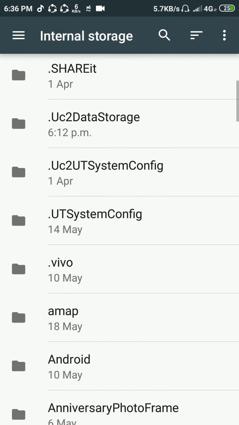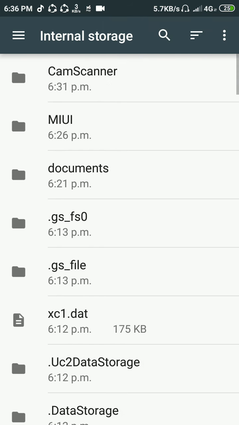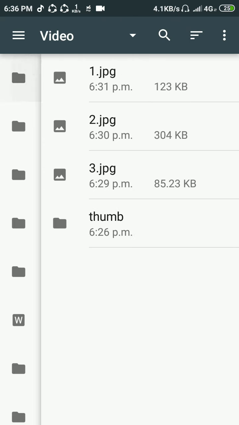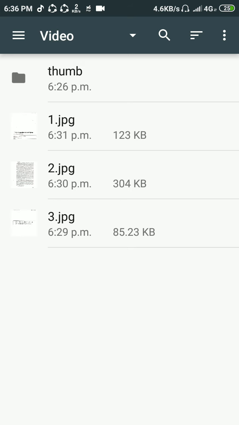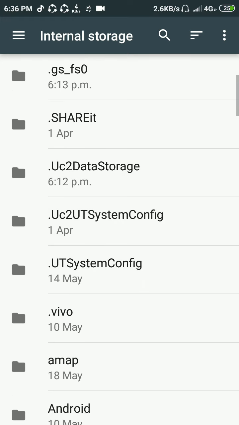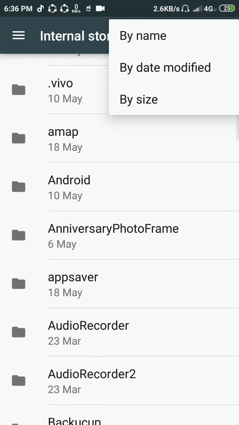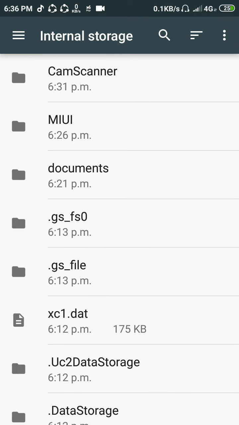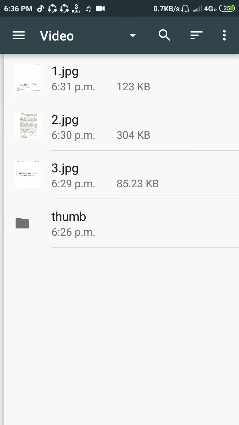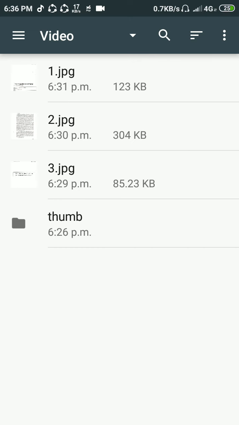We will select the file in my folder. Recently modified, my folder videos. These are the documents 1, 2, 3. Just click on 1.